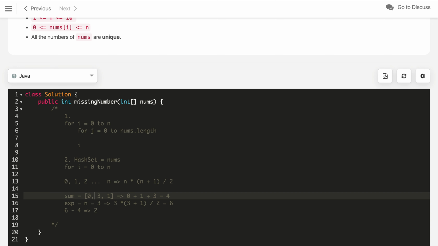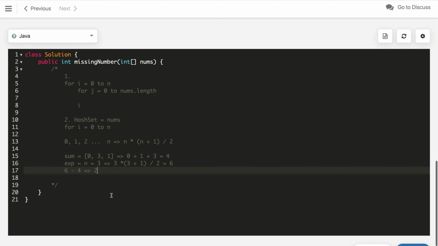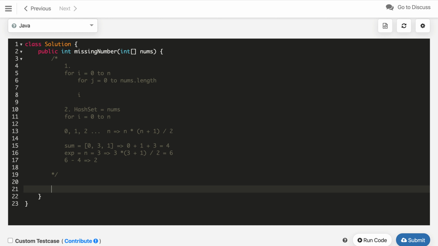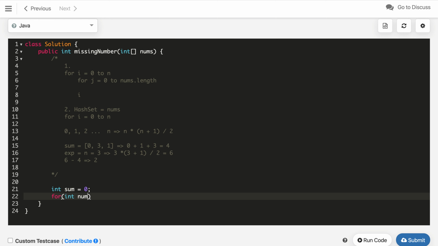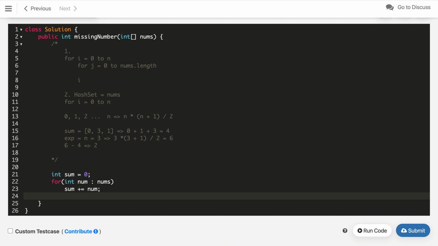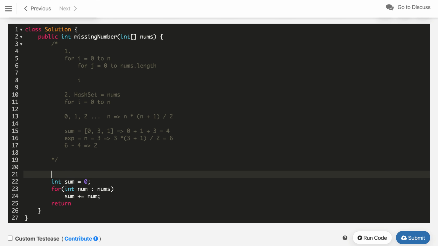Now as you can see in this solution, we are just iterating our array once and we are using constant variables. So let's implement the code with this solution. Let's say int sum initialized to 0, for int num in nums, sum is equal to sum plus num. So we will get the sum here. Now let's define n as well: int n is equal to nums dot length.